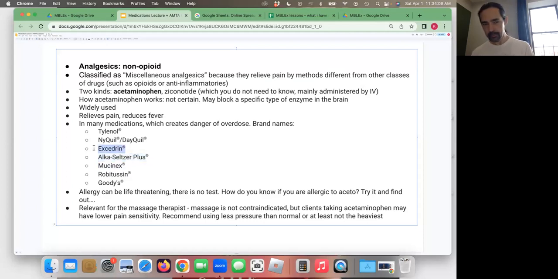It's certainly in something like Excedrin, which is taken for migraine headaches. I don't know why that would be unclear. Excedrin contains analgesics. I would think that would be intuitive. DayQuil and NyQuil, also Tylenol has a few things like DayQuil and NyQuil. They call it Tylenol Cold and Flu, Tylenol Sinus, and all those products may be taken for sinuses or cold symptoms or inability to sleep due to discomfort from cold and flu. But they also have acetaminophen in them. So you have acetaminophen,